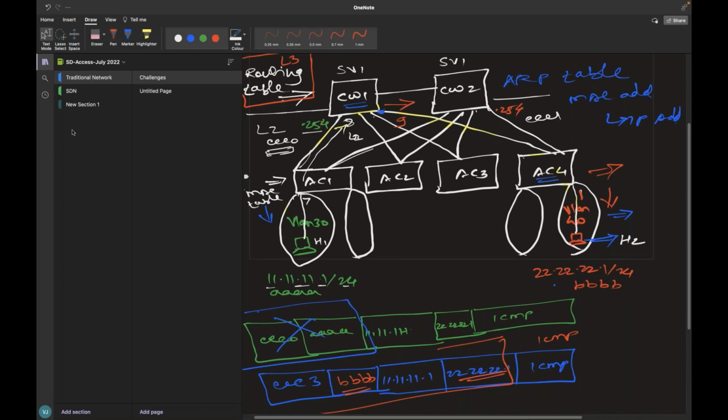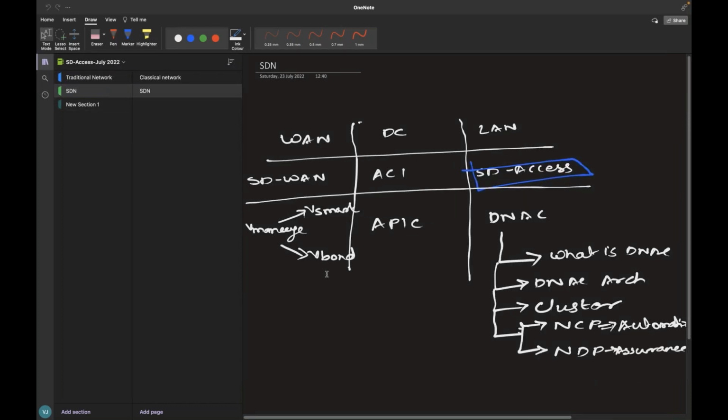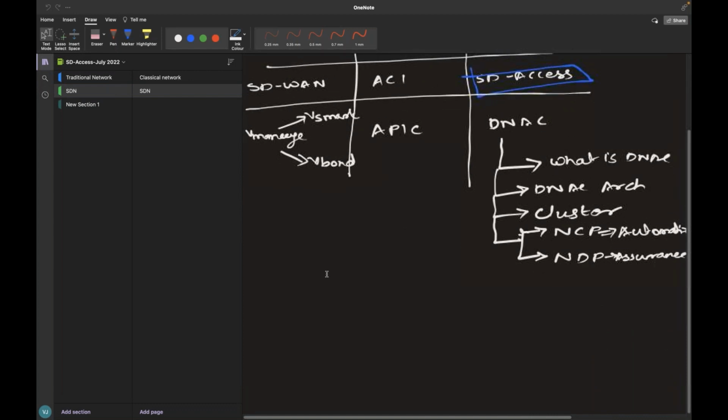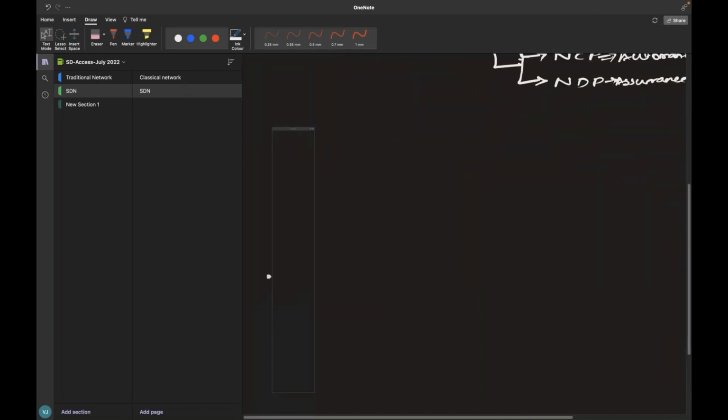But what happens in the SDN network? That's really something we need to understand, and then we'll see the difference between the traditional network and the SDN network or SDA access. So let me now, sorry for the tilted line.